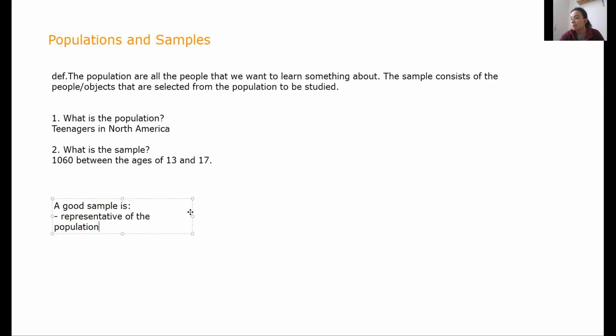Right? So what does that mean? It means that it represents the population pretty well, right? So if I have a population that is half girls, half boys, and in my sample I have 10% girls and 90% boys, then my sample is not too representative of the population. And so the conclusions that I draw from that sample are not going to be that good. In the same way, my